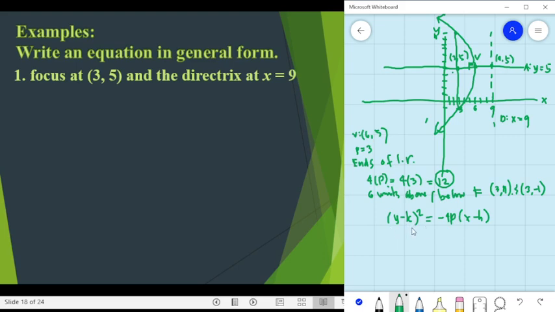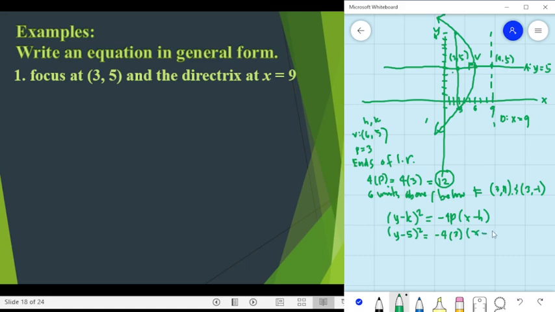Don't forget that the h, k here is taken from your vertex. So we have quantity y, what is your k and h? When we say vertex, your h here is 6 and your k is 5. So y minus 5 squared is equal to negative 4. Your p is 3 units,